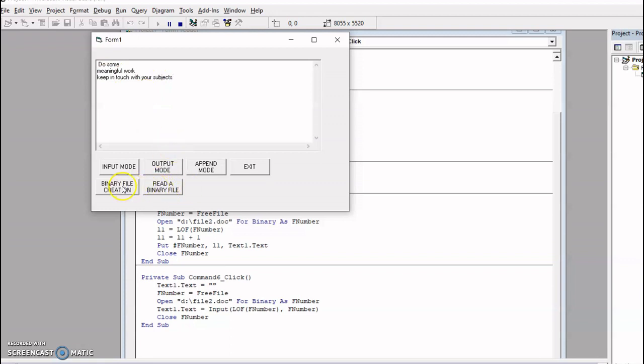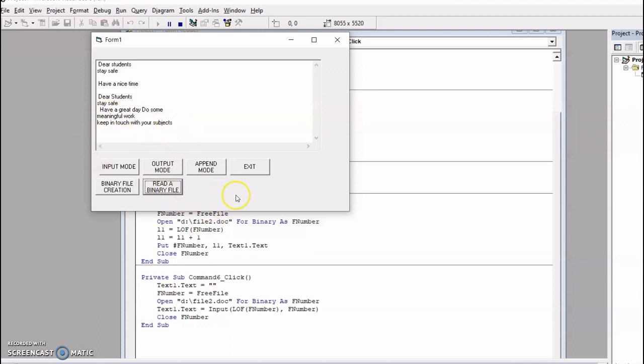Just binary file creation, then read binary file, just to see the difference. After the character Y, the new lines are added. The new lines will be added next to the previous character. The last character position will be taken and plus 1 will be added, so that the next position will be considered for adding new lines.